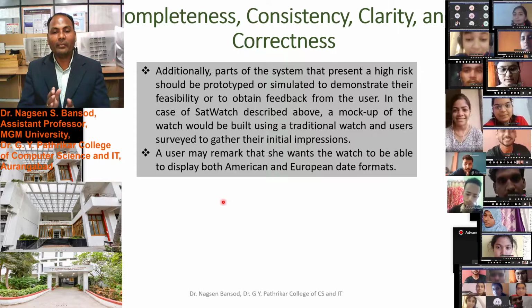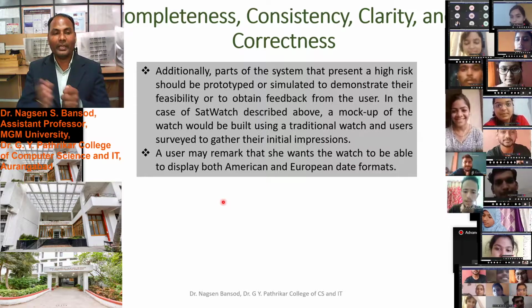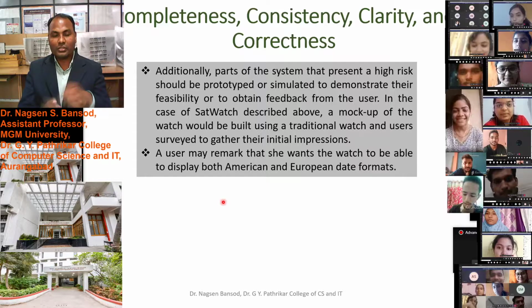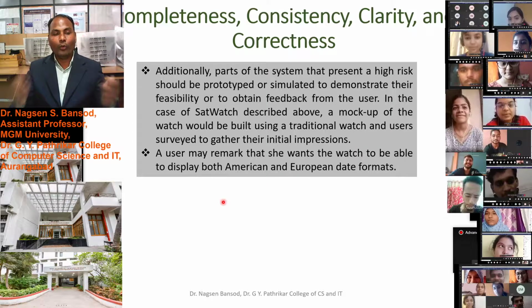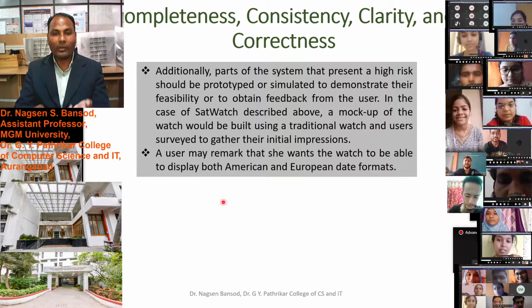A user may remark that she wants the watch to be able to display both American and European time. Suppose in SatWatch there should be the European as well as American time format, date format.